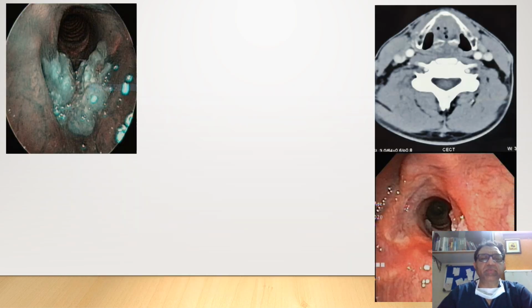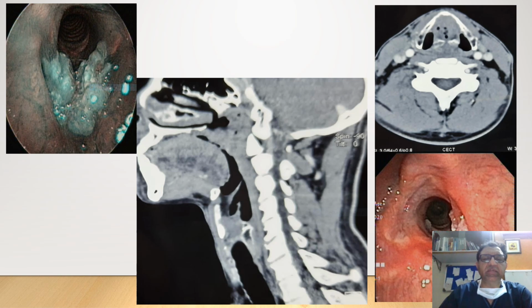Coming to the image part of it, again if we see it here, this was a lesion which was there in the anterior commissure. If we see it here in this part of it, you can see there is a little bit of indentation, which is again